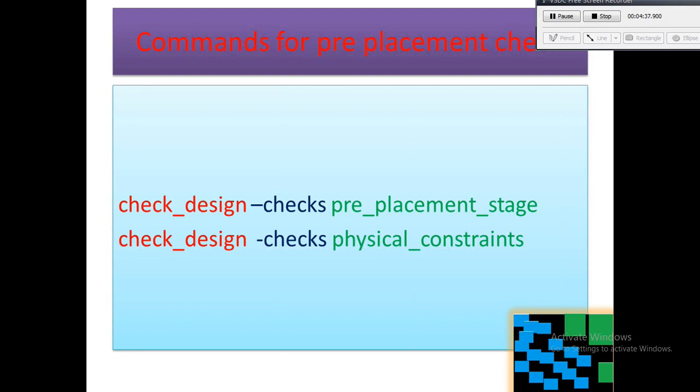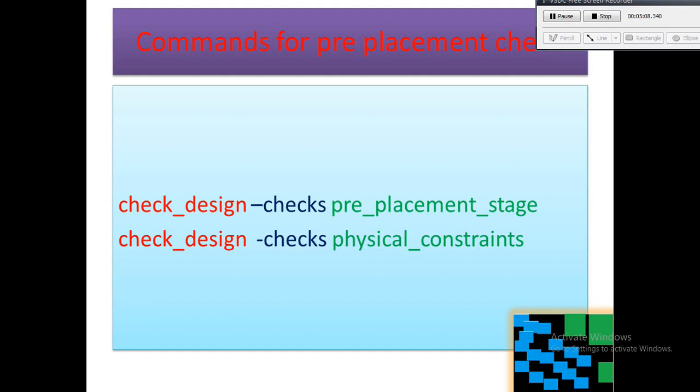When we run this command, it checks whether the PG net is defined in the UPF as a supply net. If there is any timing loop, it will tell you. It also checks whether the design has a scan chain defined in the SCANDEF or not, and whether there is any design mismatch between the objects.